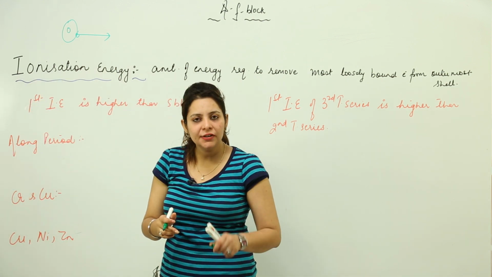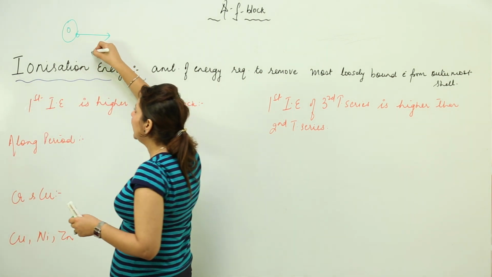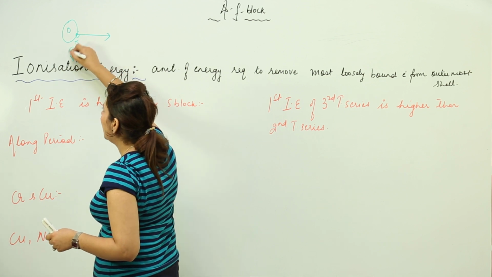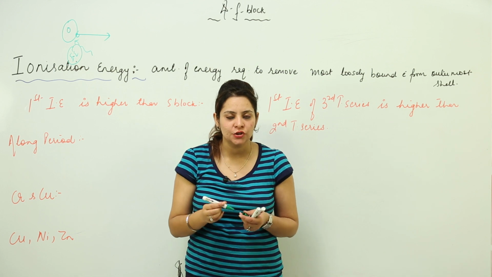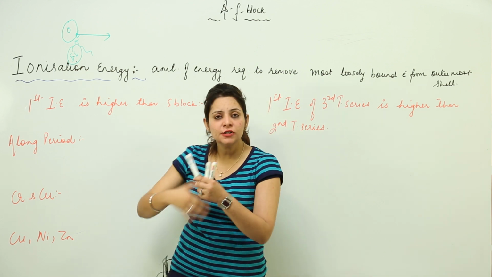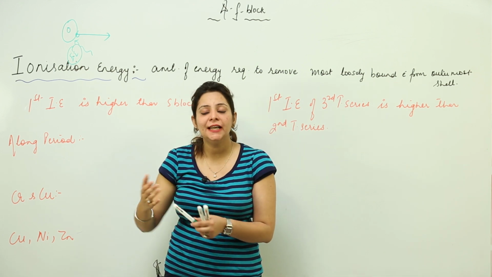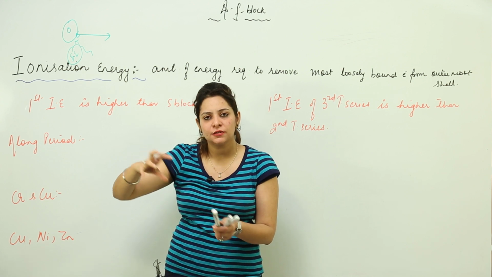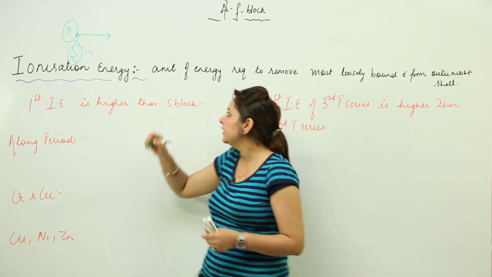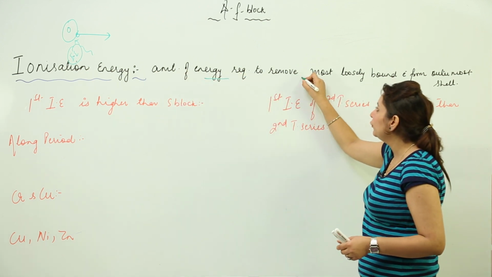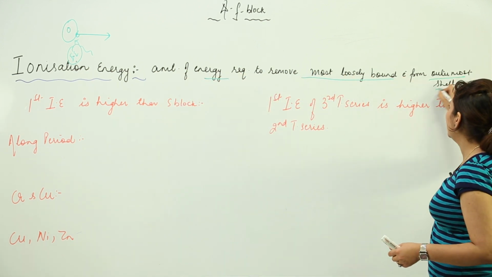So I can definitely remove it, but for removing I need to supply energy from outside, and that energy is called ionization energy, right. So we need to supply ionization energy from outside, then only the electron will get removed. That energy is ionization energy, the energy required to remove the most loosely bound electron from the outermost shell